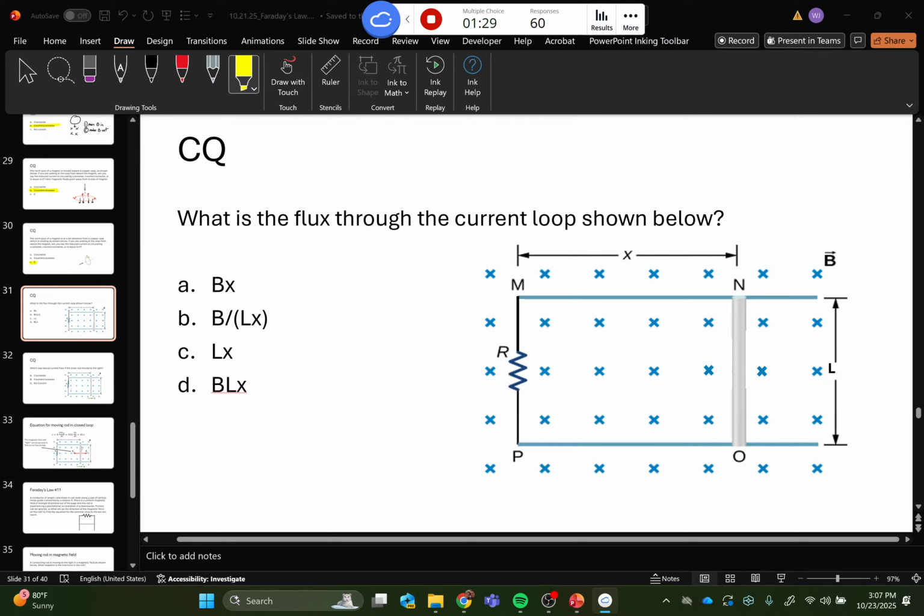I'm joking. You know the circular area of the